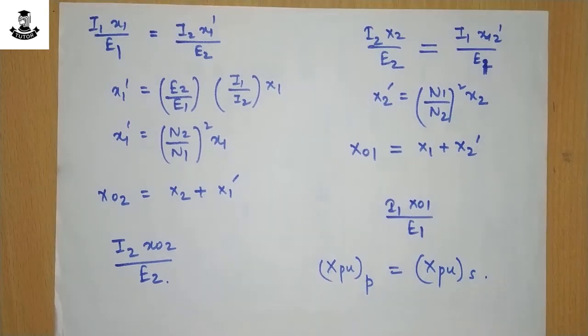Now, what are the disadvantages that can be observed due to leakage flux? First is, voltage drop due to leakage reactance will increase the voltage regulation, and second, more flux leaking out of the core can reduce the power transfer capability of the transformer. Now let us see the complete equivalent circuit of the transformer.